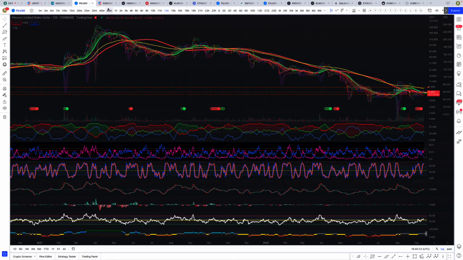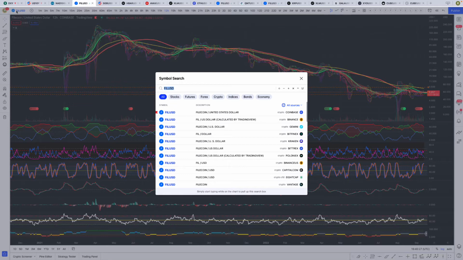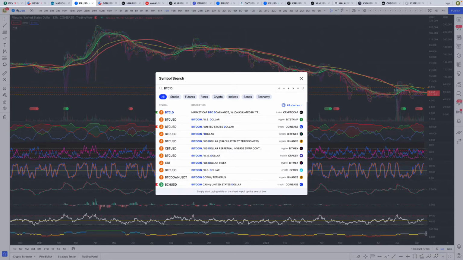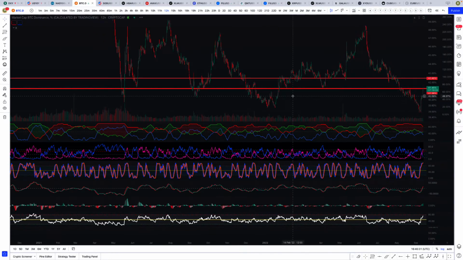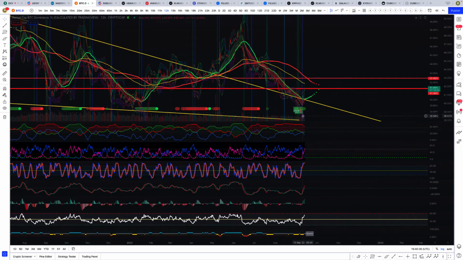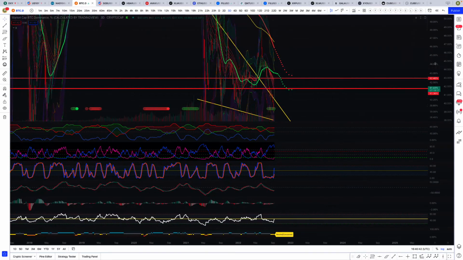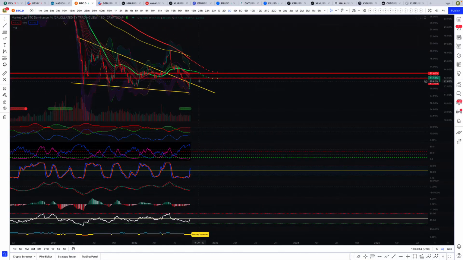Then we got, this is Filecoin, but I'm going to go to the Bitcoin dominance. So Bitcoin dominance right now, it's what we said, that we might have bottomed here and we're going to pop back up and kind of retest these levels. So this is nothing that is out of surprise. So right now we're retesting that horizontal red line. If we get, and we're having crosses here, so like we could see some momentum and Bitcoin steal the show for a little bit.